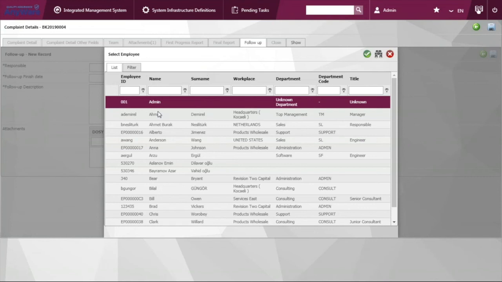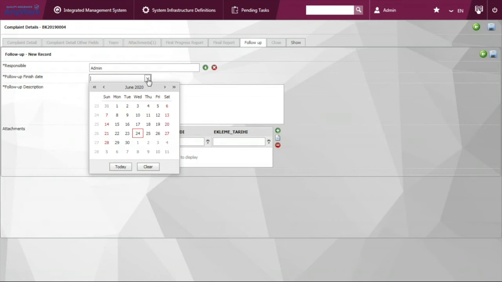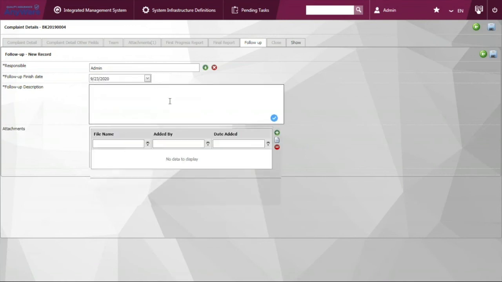So right here, we can pick and choose the responsible person and then set up the due date for this follow-up action. In this case, we want to make sure for the next 3 months, we don't want to see this problem happen again.